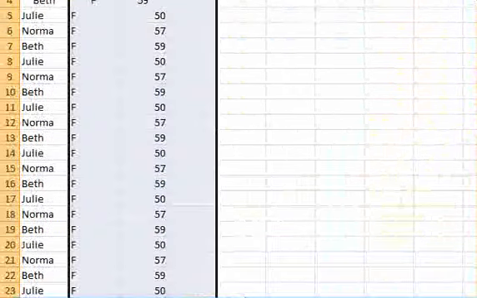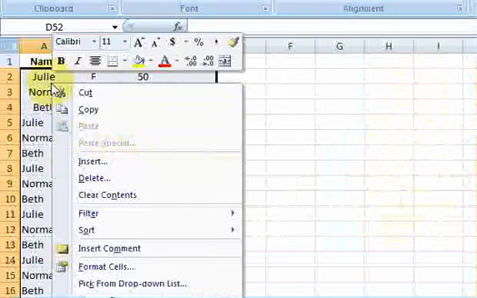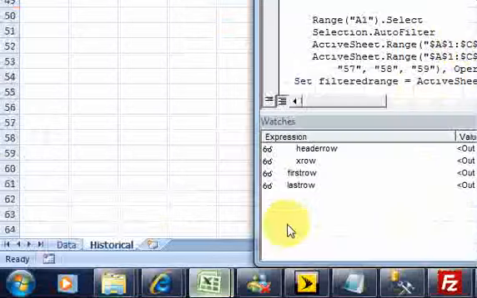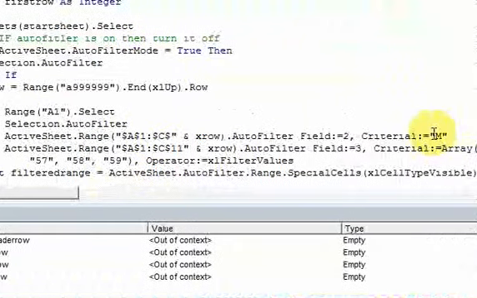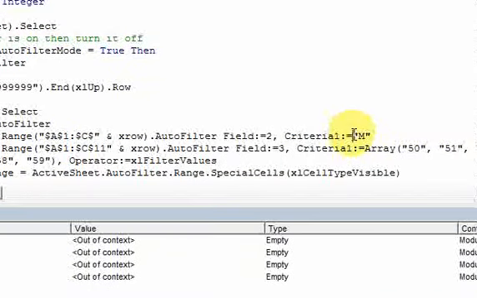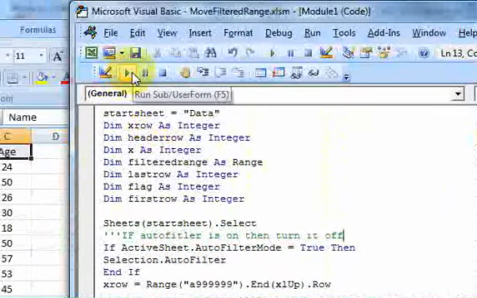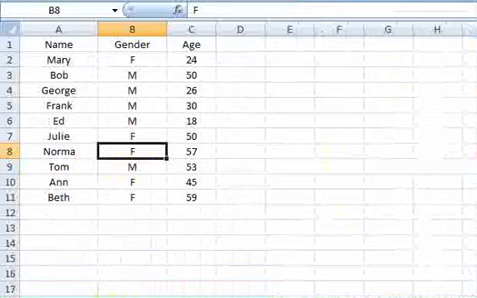So let me delete all this. I'm going to clear contents, and now let me try something else. I'm going to try to do males and females. So I'm just going to do that dot array male comma female. Okay, so now I should get all the males and females, and sure enough, on the historical tab,